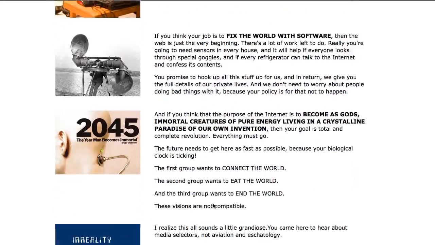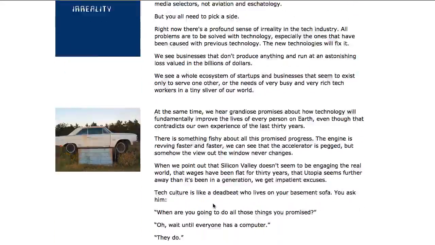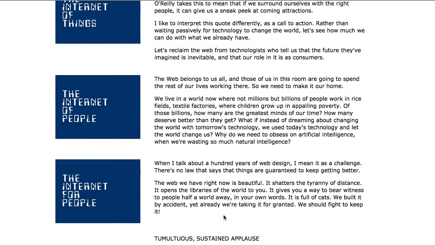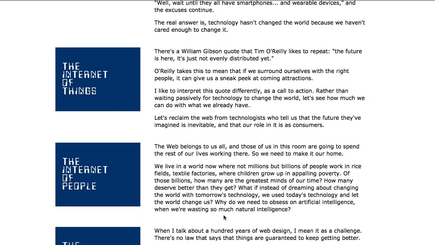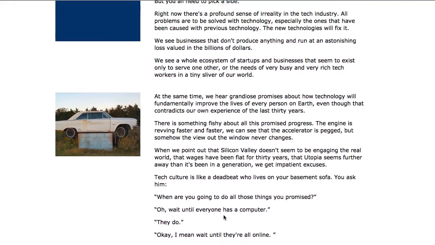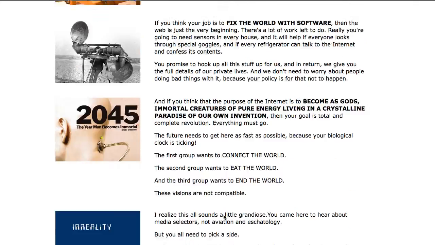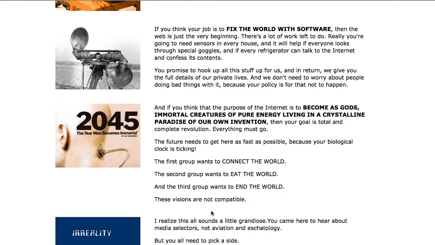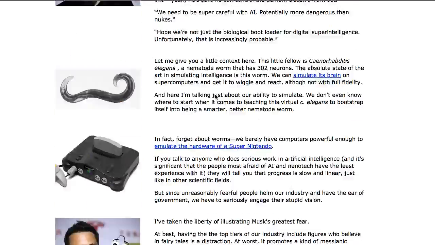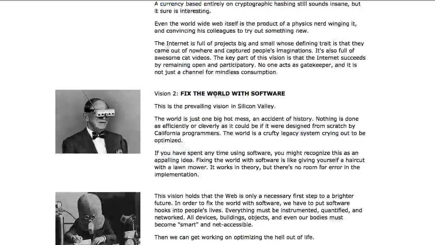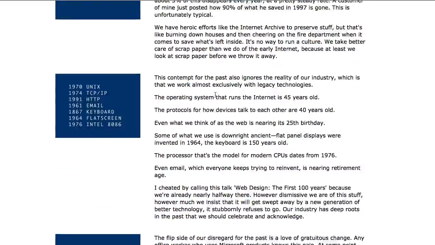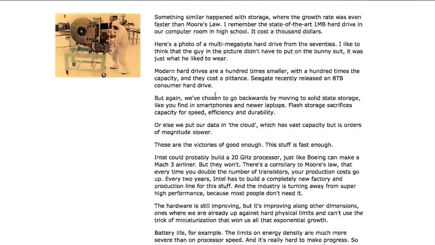So he advocates the first one. He advocates the idea that what if we could only just try to connect everybody and see what happens, then we'll get some nice things. But if we pursue these other things, then many of the awful things that have happened in the world will continue to happen. So I think it's a little silly, but I don't agree that the job is to